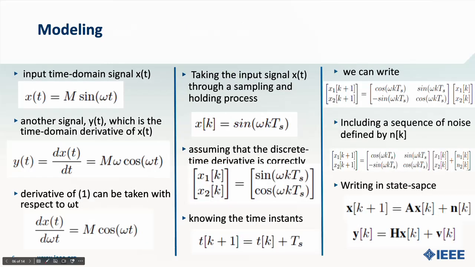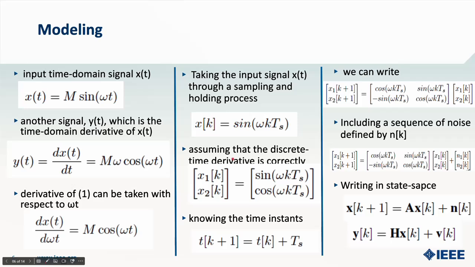The modeling, I won't give too many details about this, you can check later in the paper, but if you see here, we start with the input time domain signal, which is just a sinusoidal waveform. We can create another signal, which is the derivative of this first one, so the derivative of this sinusoid is just this, but we can also take the derivative in terms of omega t, which results in this frequency independent derivative function. Then we move to the discrete time domain through a sampling and holding process, resulting in this signal here,